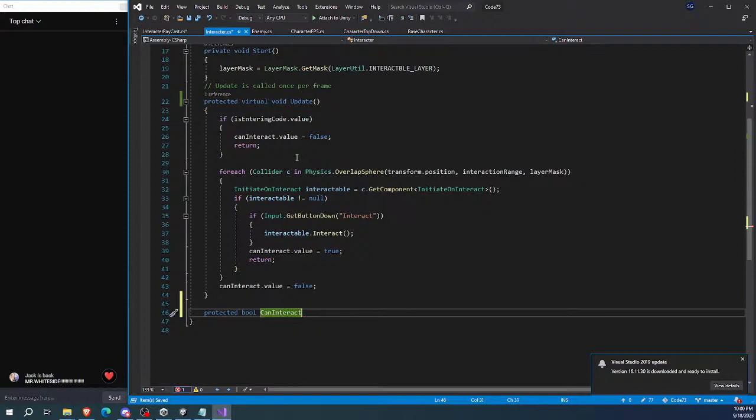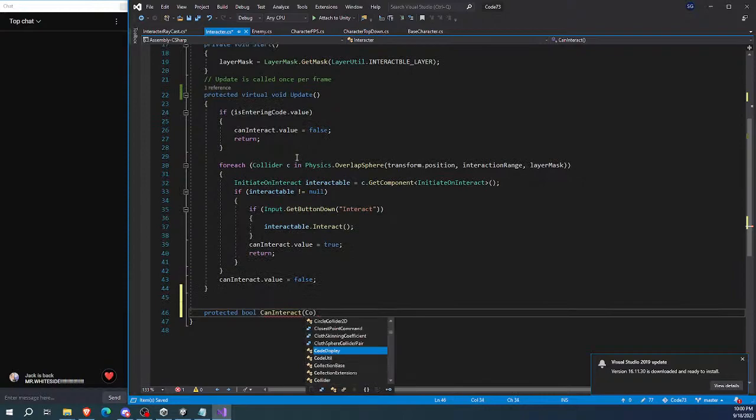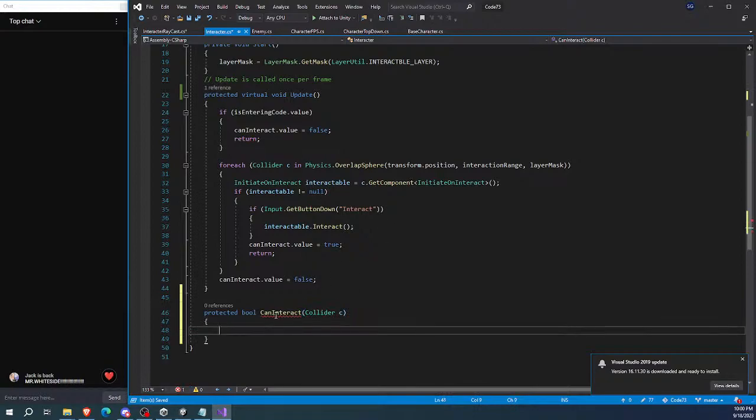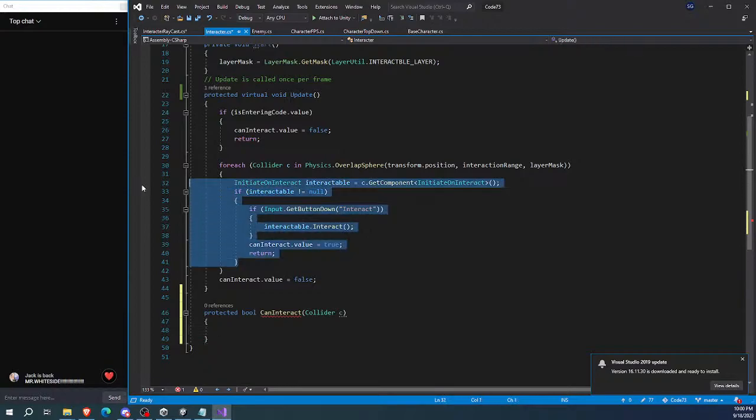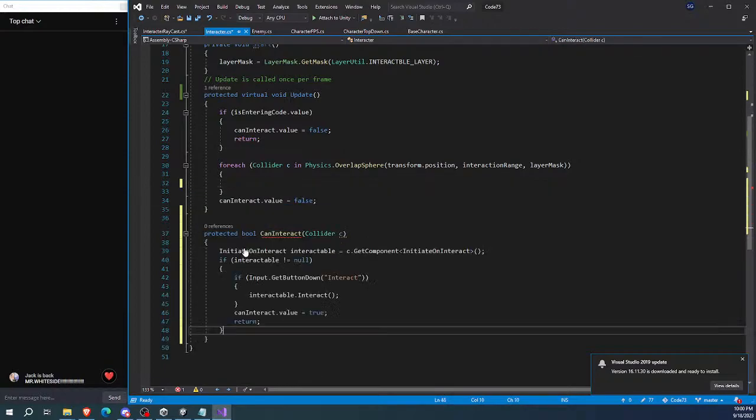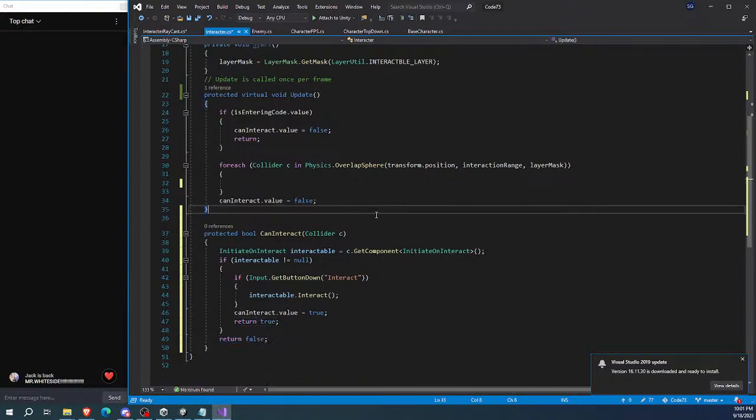It's going to take, I guess, a collider, because I think the raycast will still give me a collider. I can't loop through it, so can interact, and then this will be this whole thing. Return false. Return true. And then